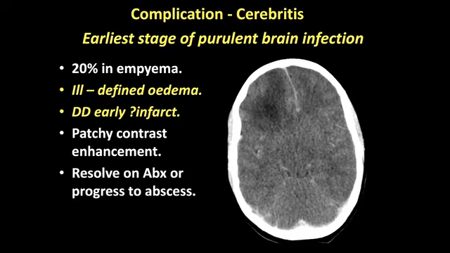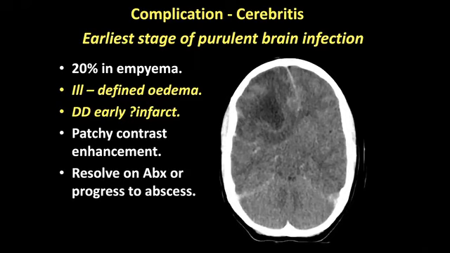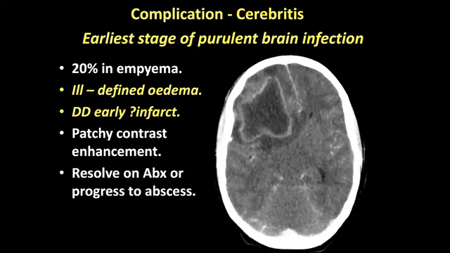So in the early stage of cerebritis, we can't tell. MRI can give us an idea, as I've told you already, with the patchy cytotoxic edema, but it's still difficult to call. What we have to wait for is the later stage of cerebritis, where we're starting to get a capsule. And even then, the surgeons are going to be very undecided about going in because it hasn't actually formed pus. Obviously, once it has formed an abscess capsule, it is going to be drained.